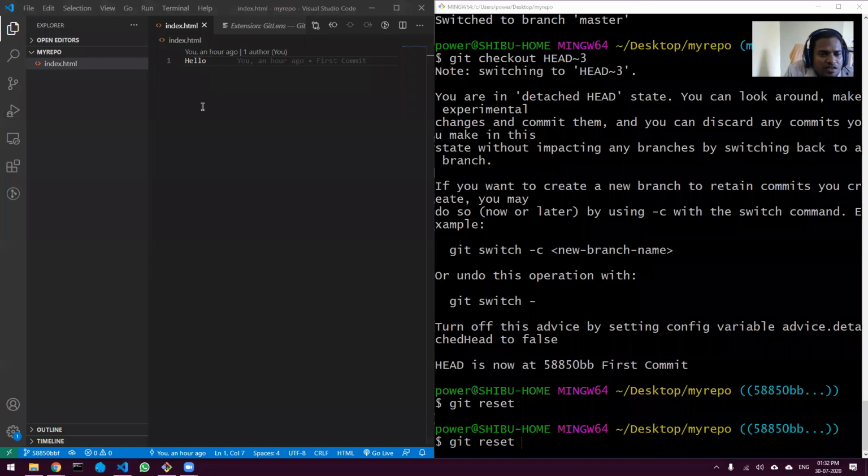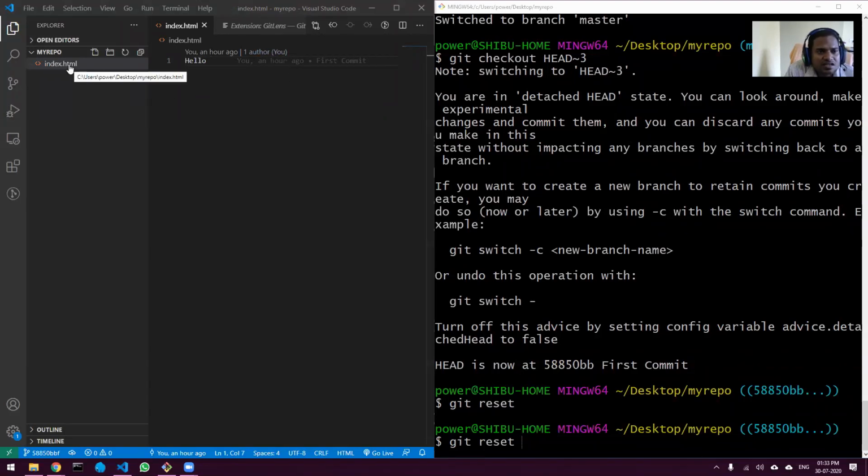Faisal is asking, can you explain the difference between reset and reset hard? I will just give you a brief overview, and just remind me next week to show you a demo of soft reset and hard reset. If you do git reset, it is a soft reset. With a soft reset, nothing is changed in the working directory.